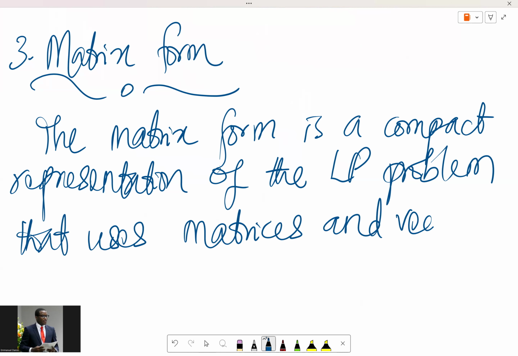So Z is equal to C transpose X, subject to